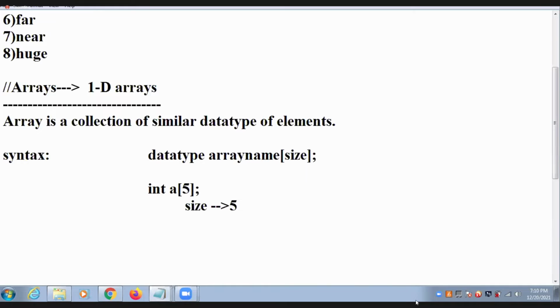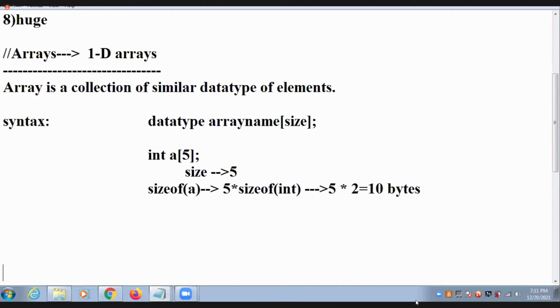Array size is size of a. What is size of a, guys? 5 into size of integer, 5 into 2 bytes here, 5 into 2, 10 bytes. Total 10 bytes will be allocated. This is array size, guys. This is the first property.